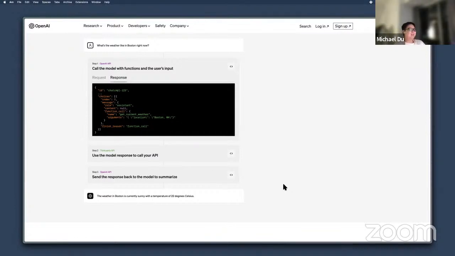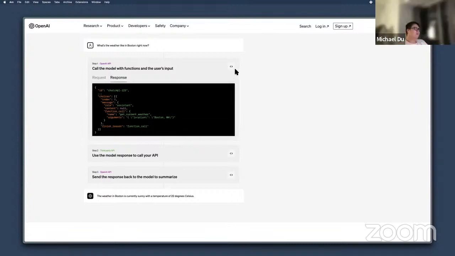Right, you have to do all kinds of prompt engineering to get it to output in the format you want, or you have to parse the response to get the arguments that you want, because it might respond with a paragraph of text with the arguments in it.